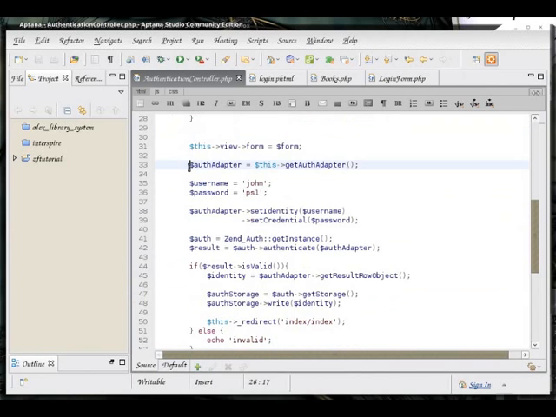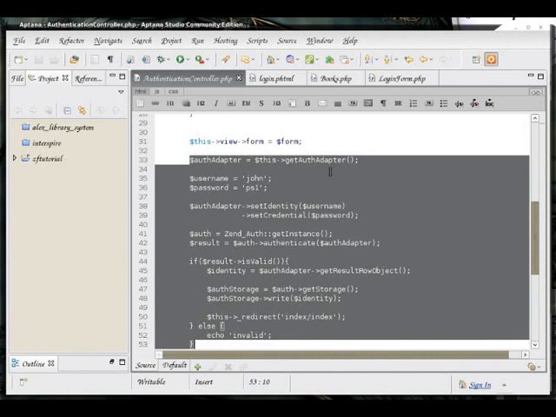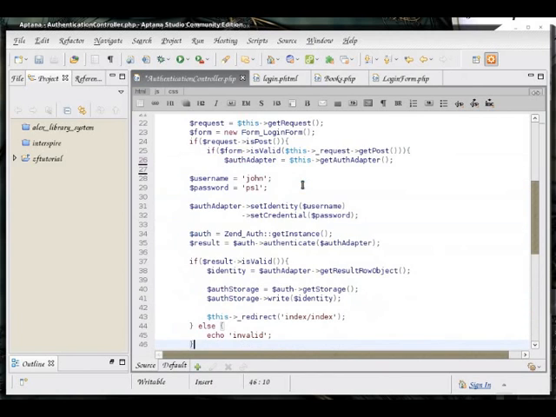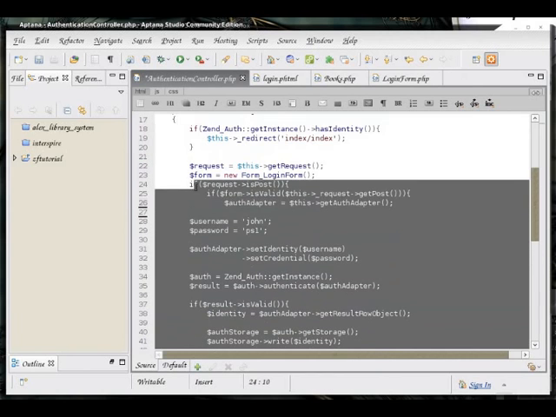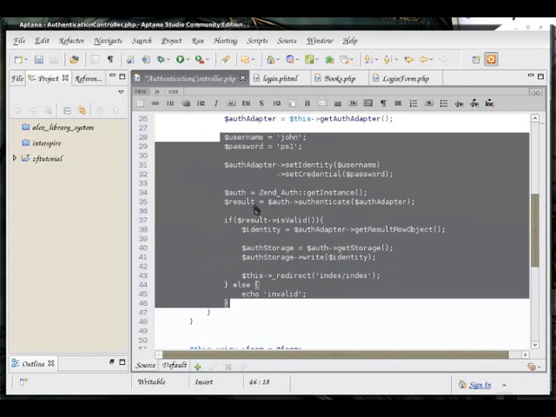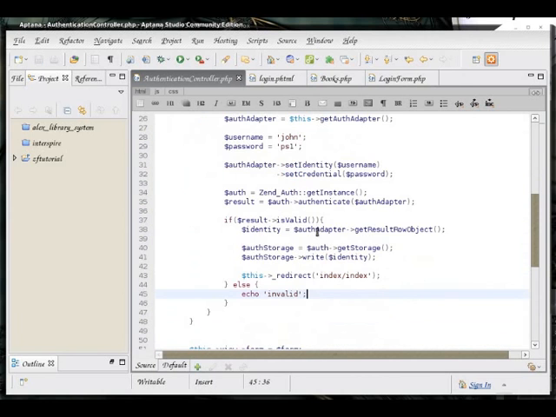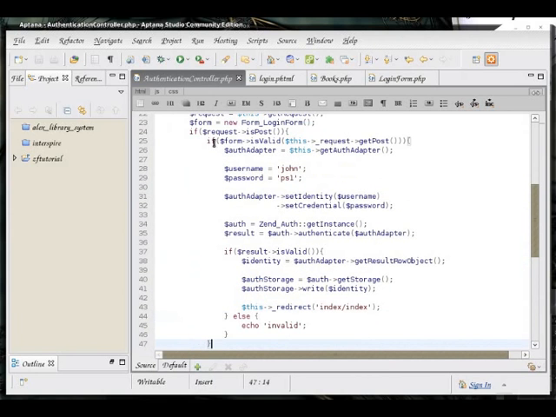So now we need to move all this authentication code here, and I will indent it so it looks nice. There. Now, notice how I do not have an else statement for the form validator. This is because the Zend form already takes care of all of the errors for me. Usually I would have to perform some kind of exit statements to make sure that the application does not proceed if the data is invalid. Zend form does all of that for me, as well as provides all of the error